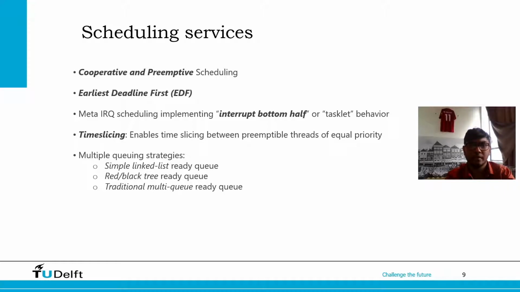In cooperative slicing, if a thread takes a lot of time, the kernel will ensure that the thread takes a break and gives back the CPU resources to other threads which are present in the ready queue. In this way, the tasks are executed in a round robin fashion. Whereas in preemptive time slicing, the kernel can check the preemptibility and handle the situation if the thread consumes a lot of time.